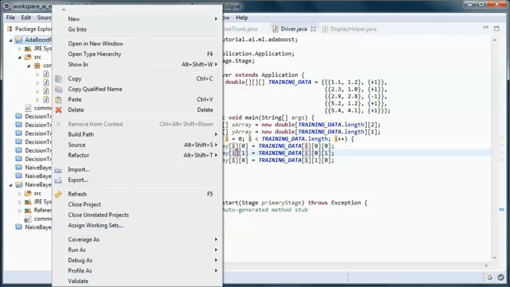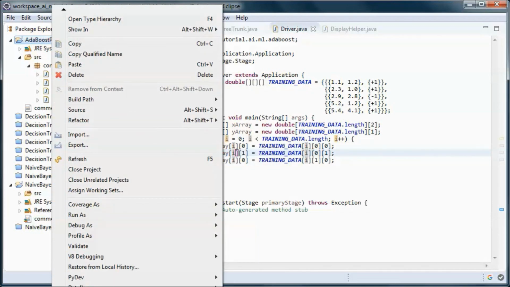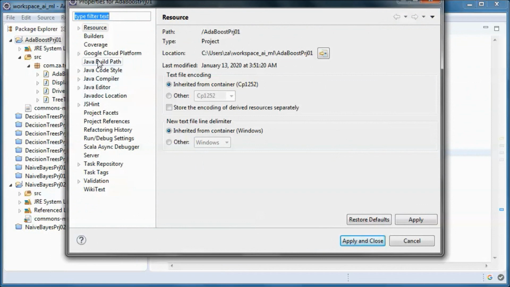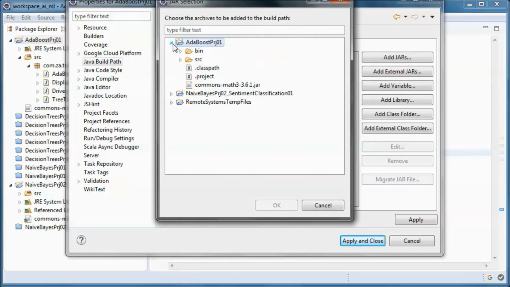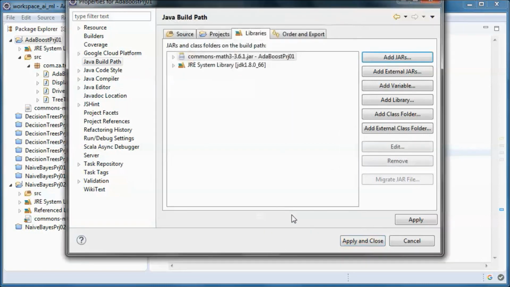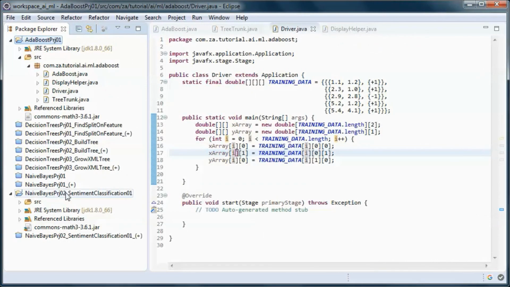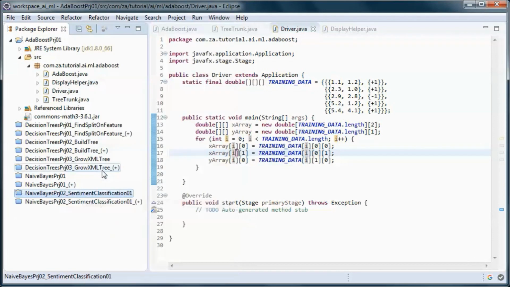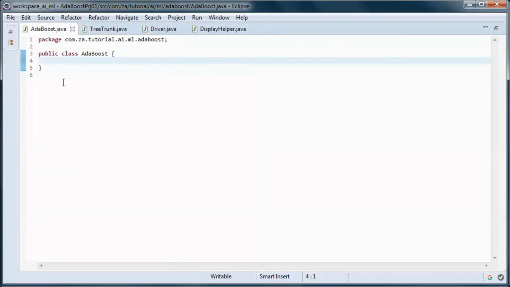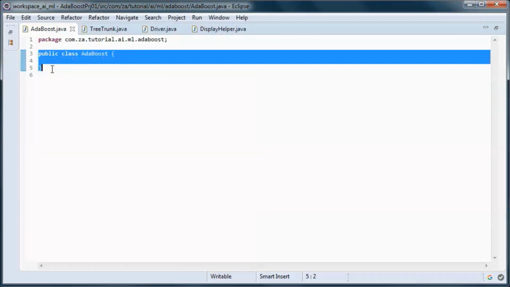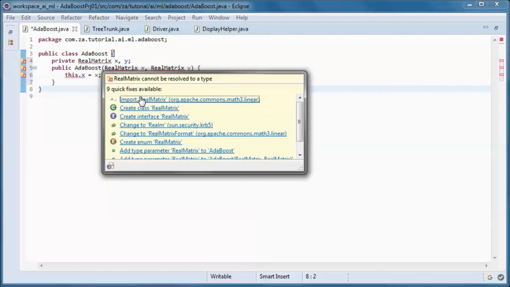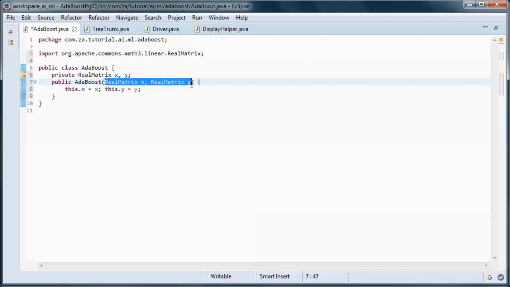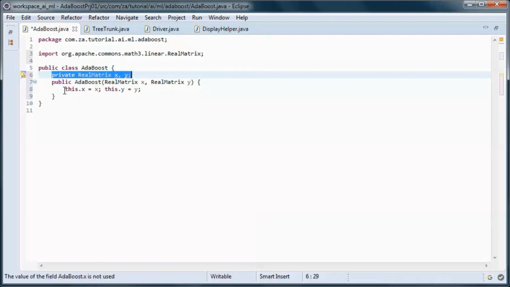So we go to properties, and Java build path, and the AdaBoost constructor takes in the features and the label as matrices, and it keeps track of those.